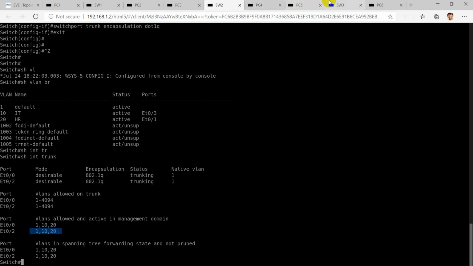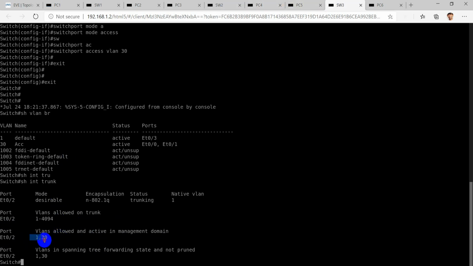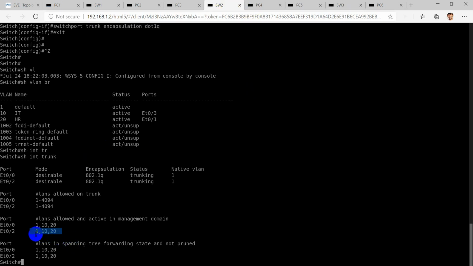And in this case, it has allowed only VLANs 1 and 30. So it will only forward the data traffic for VLAN 1, as VLAN 1 is common in both scenarios. It will forward VLAN 30 traffic too, but it will get dropped as the VLAN tag will be mismatched.